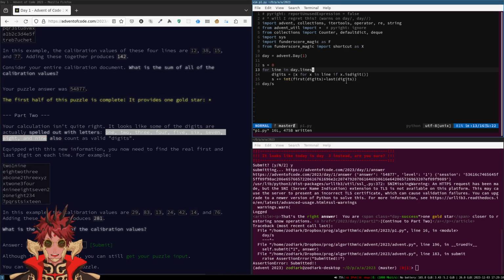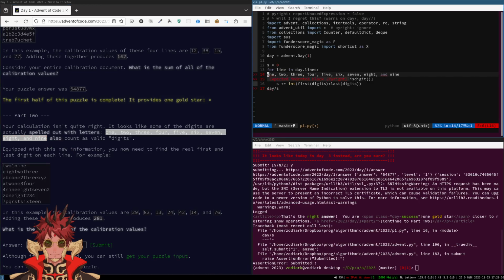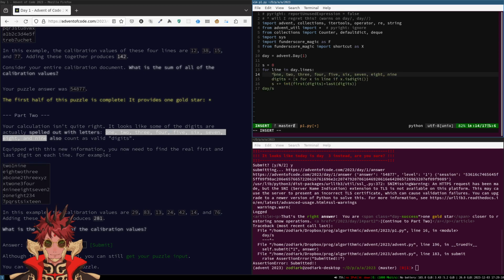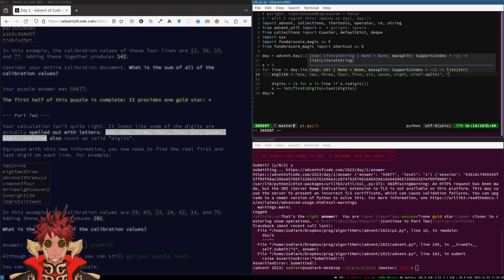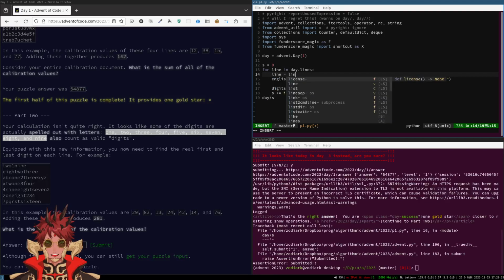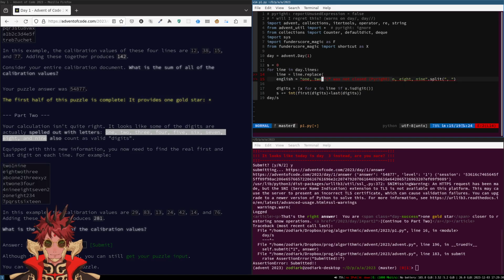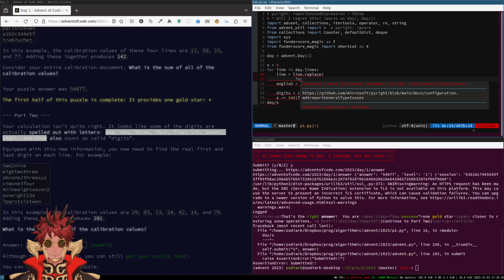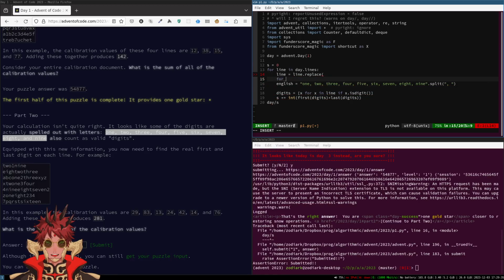Okay, so now we have to turn these into spelled out digits. Typing these out is too hard, so I'm gonna probably use a replace method to just replace these digits in each line. Just go through one by one and replace them, and I hope they don't overlap.